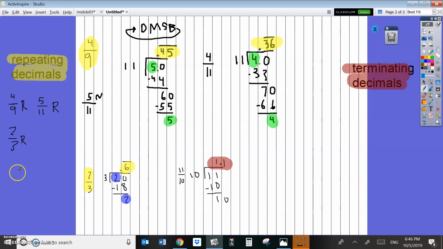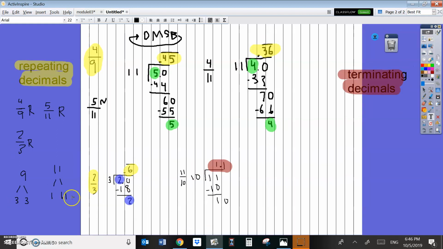So 9, the prime factorization is 3 and 3. 11, prime factorization is 1 and 11. So when there is a prime factor,